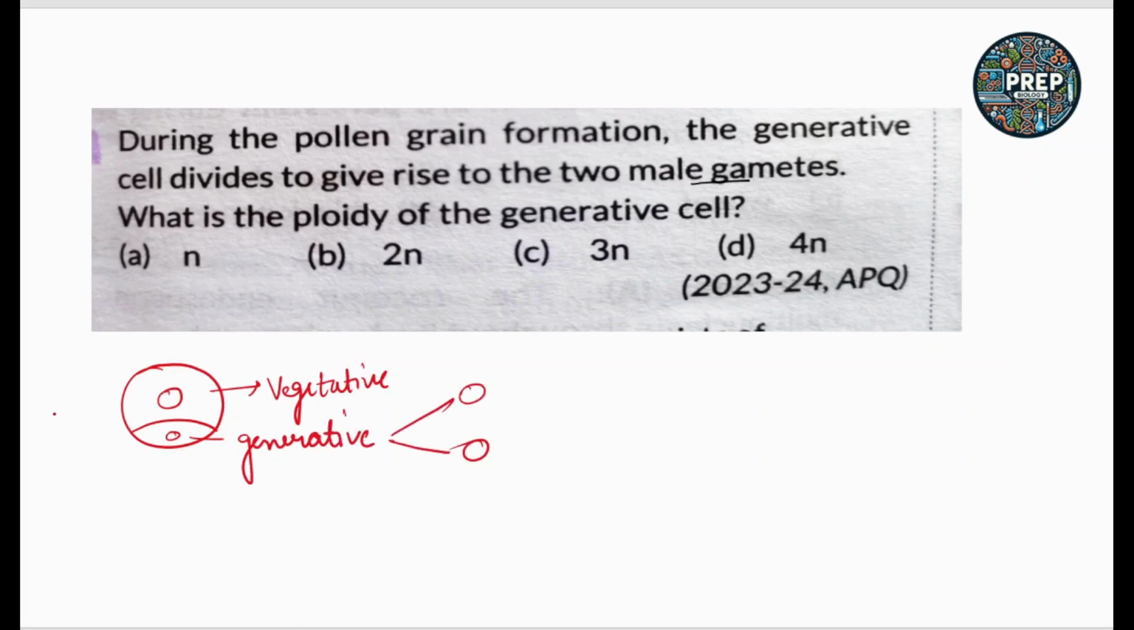Okay, so this we already discussed in the previous classes. So what is the ploidy of the generative cell? So we know that the ploidy of the generative cell is haploid. Okay, so the answer of this question is A, that is n, the haploid ploidy of the generative cell. Okay, so next question is,